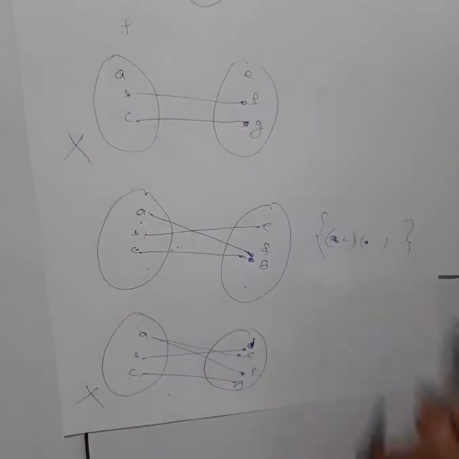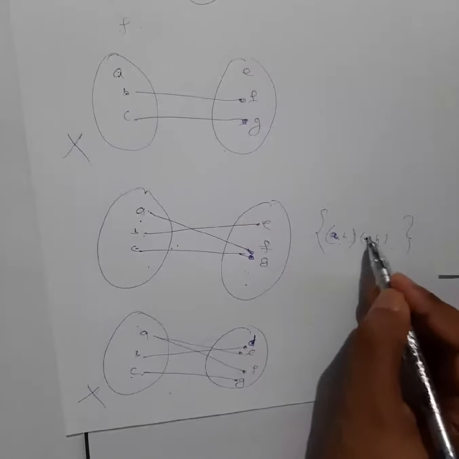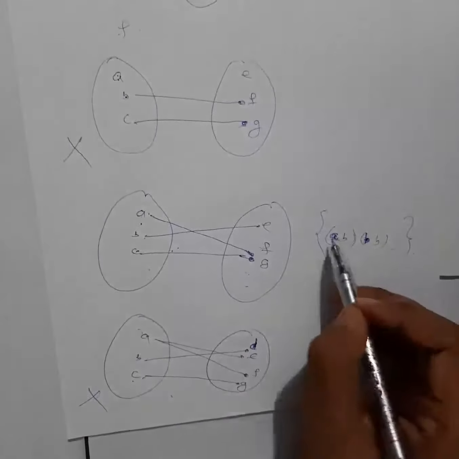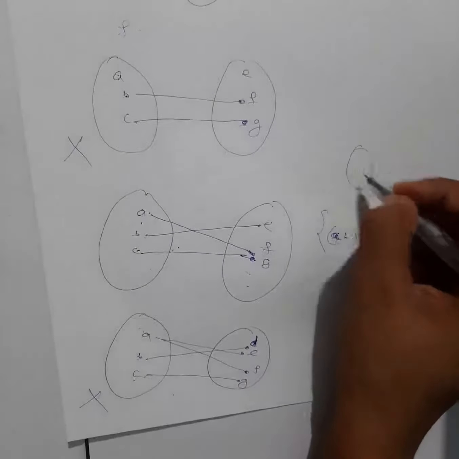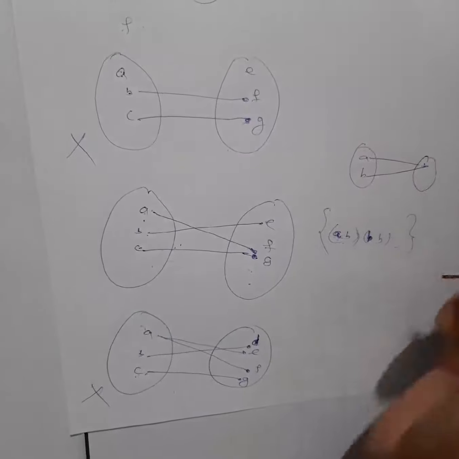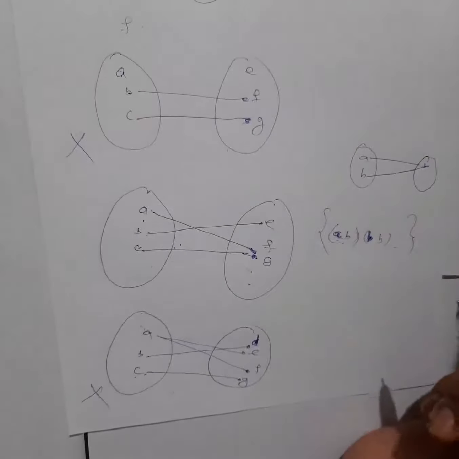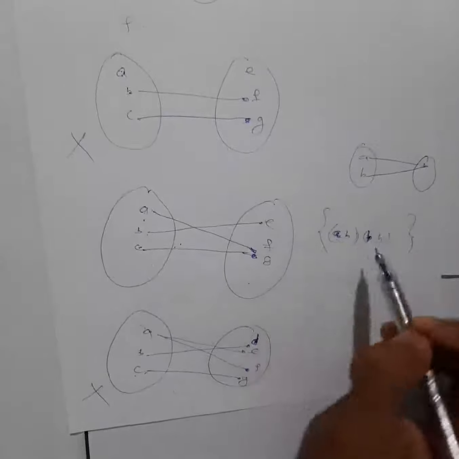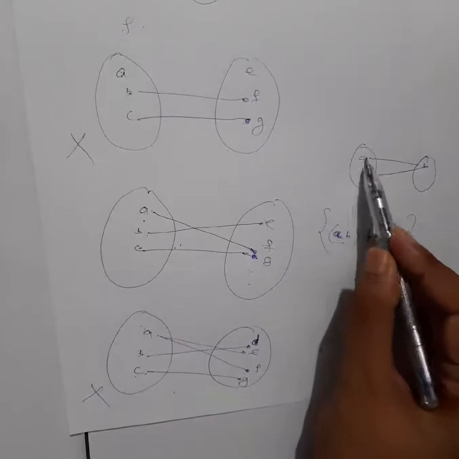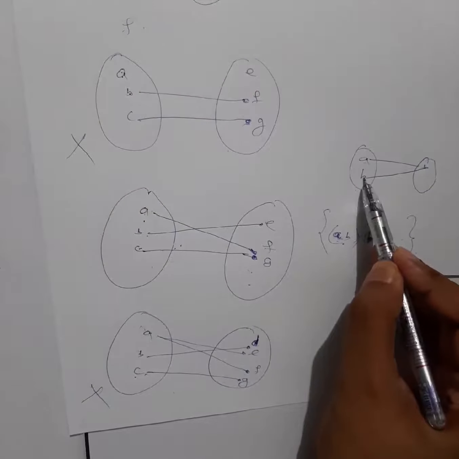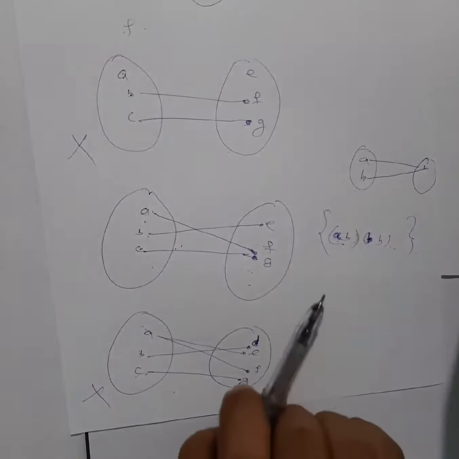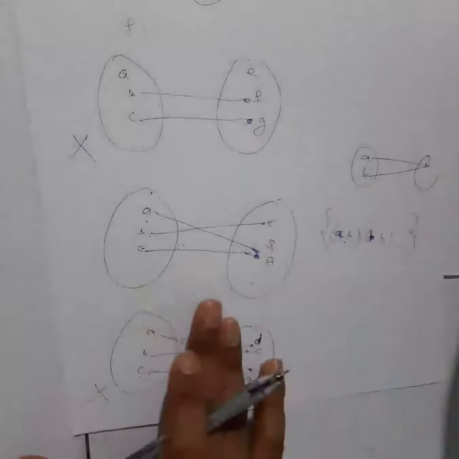So you will see the first element will never repeat. The second element may repeat, like A, B, B, B, it can be. So when you draw the arrow diagram for this, what will it be? A is related to B, B is also related to B. This is a function, no problem. Okay. So whenever you check a function, make sure that all elements in the first set must have an image. Next, all elements must have exactly one image. Okay. So based on this, we will do one example.